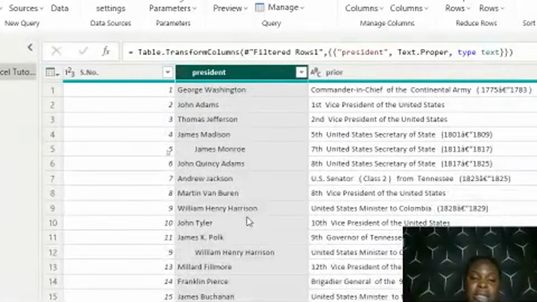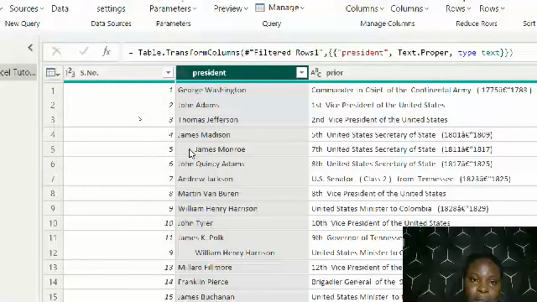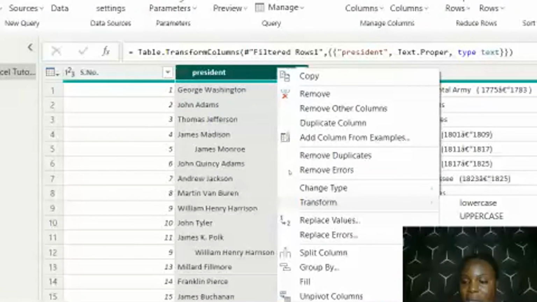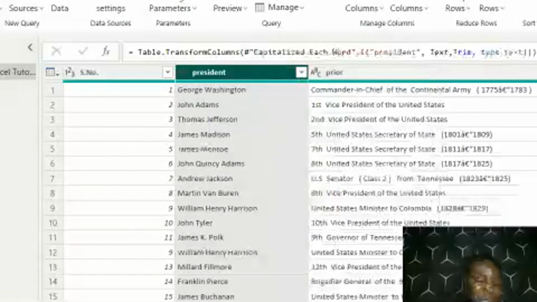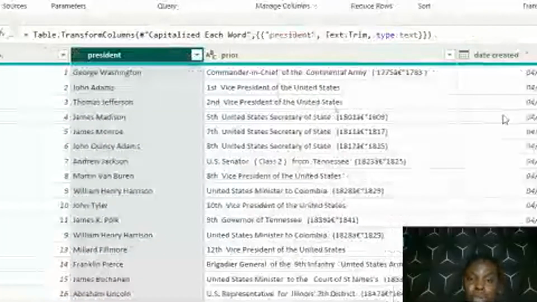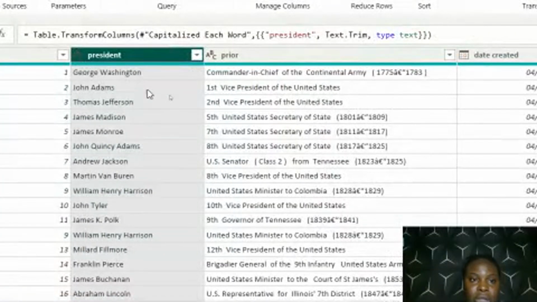Then the next data cleaning is what we call trim. Trim is also a text function in Power BI and also in Excel. So to trim this data, you just have to right click, go to transform, and trim. This is the best thing about Power BI. It's so easy to use. Like I don't even have to stress. I just have to right click and trim. That is all. In Excel, you have to